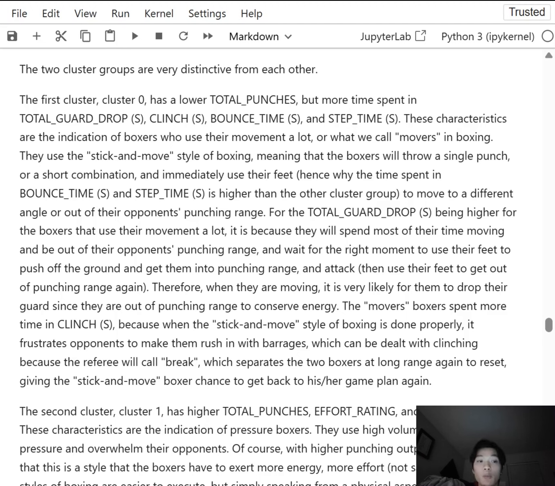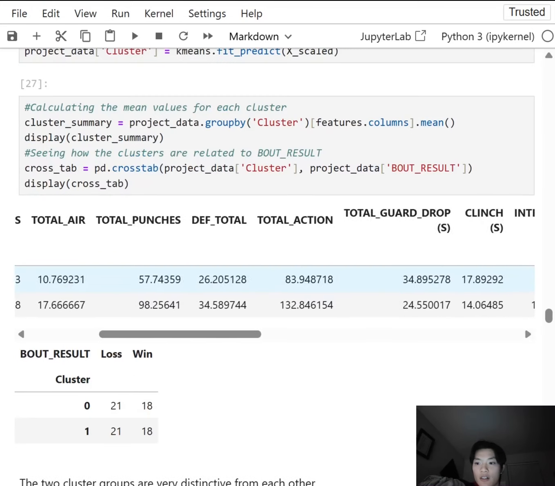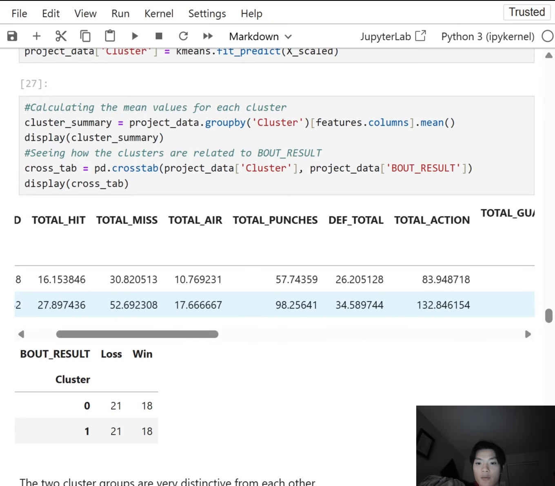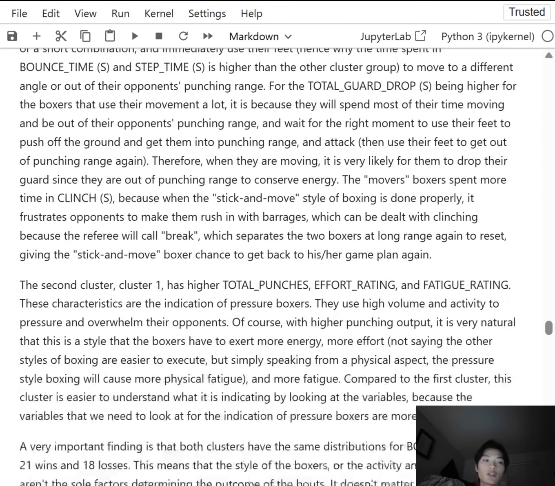The movers also spend more time in the clinch position, as we can see, more than the second cluster group, which is pressure boxers, because usually when stick-and-move style boxing is done properly, it will naturally draw their opponent to want to rush in. The stick-and-move boxer keeps at long range, finds the right moment, explodes in, gets their punches in, gets their points, and then gets out,